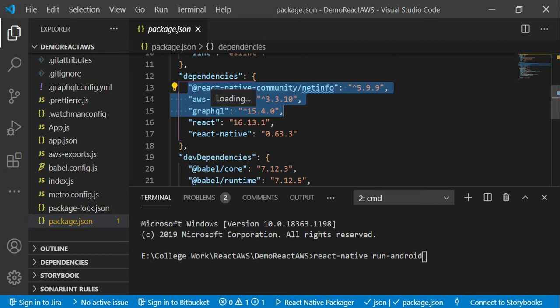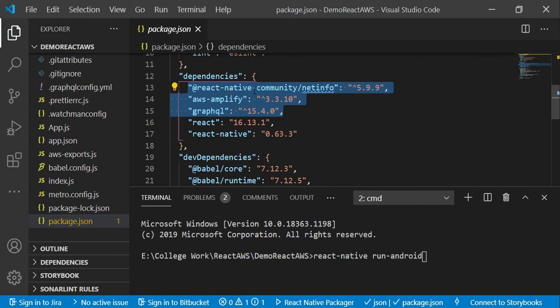Sometimes it may happen that even after following all the steps which we have mentioned since the last few videos, these dependencies may not be present in your package.json file. If they are not there, then definitely you will not get proper output. So before execution of this React Native run-android command, you have to check for these dependencies. If they are not there, then you have to install them manually.